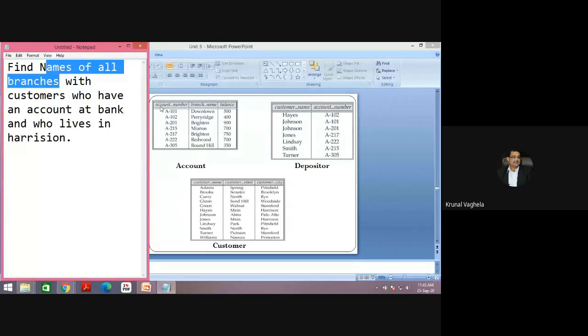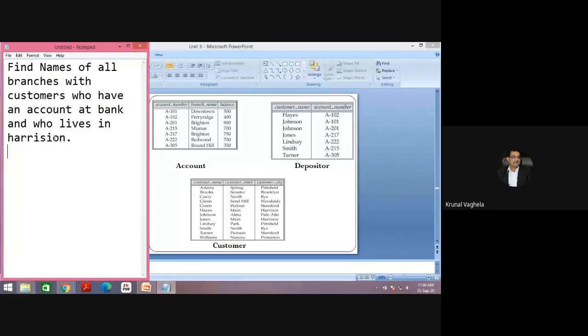Now, branch related information, where can I see it out of these three tables? Account. You see branch name, so I definitely need the account table in my query. Second, who have an account? Account also gives you that information.